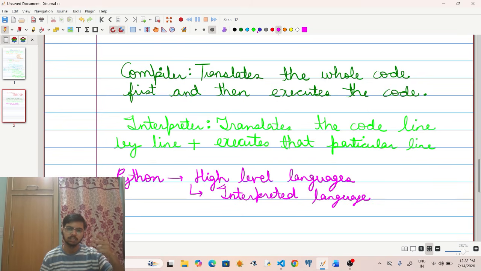Each line is translated one by one, and each line is executed one by one.